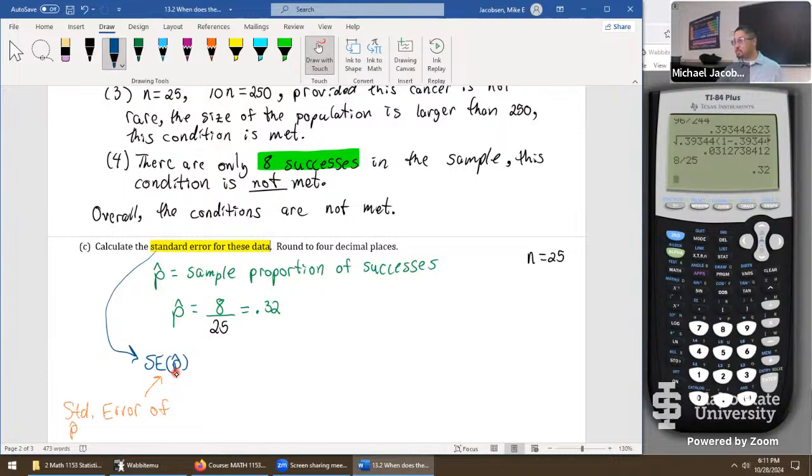So now the actual formula goes: square root, we take p hat times q hat, divide the whole thing by the sample size n once again. By the way, this is a good habit to get into now that we're getting more and more formulas starting in sections 13.2, 13.3. Writing this out is really helpful just to practice with the formula. It makes using the formula a lot easier because you're slowly absorbing it every single time you write it down.